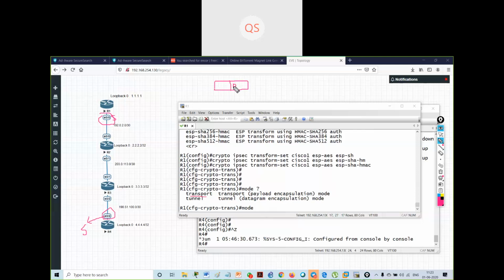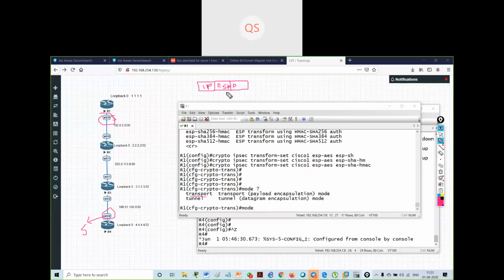It will just secure the payload. It will add an ESP header to the payload, but for my IP packet there will be no encryption and no protection. This is what happens when we are using transport mode.